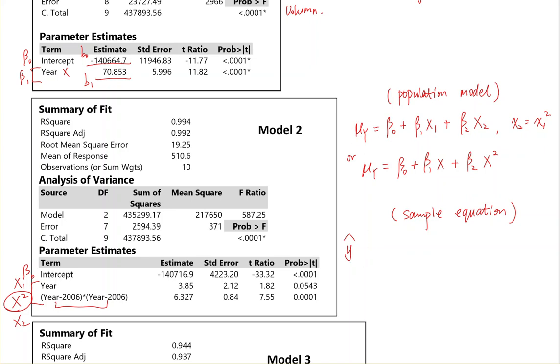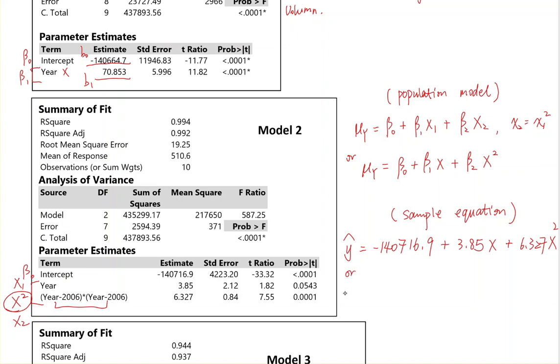We need to use the y hat, which equals B0, which is negative 140716.9, plus beta 1 x, which is 3.85x. For myself, I prefer just to use x and then 6.327x squared,